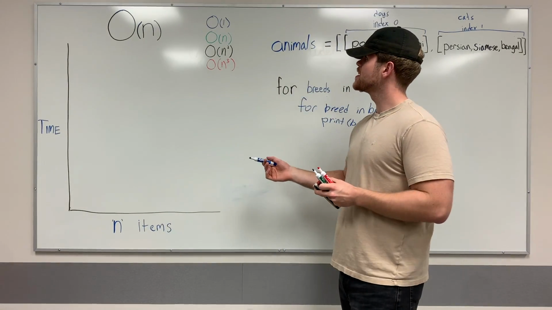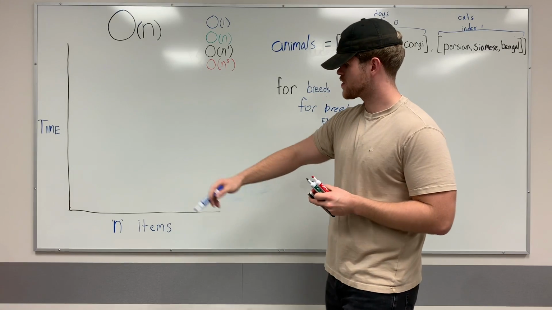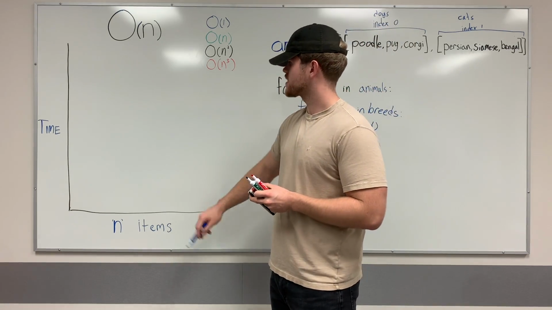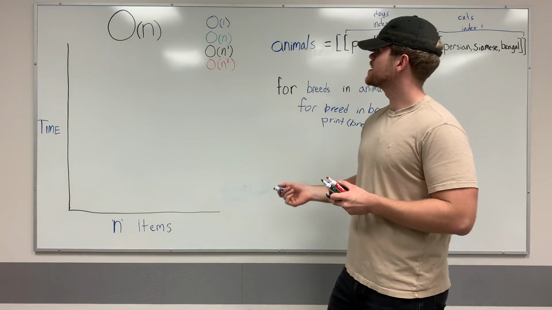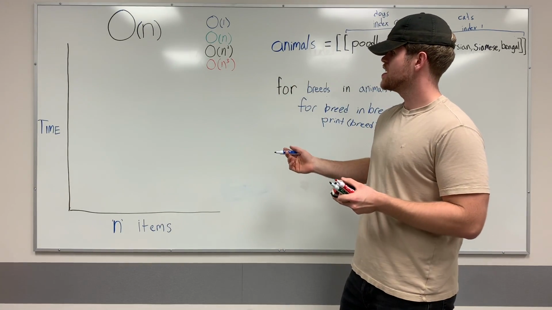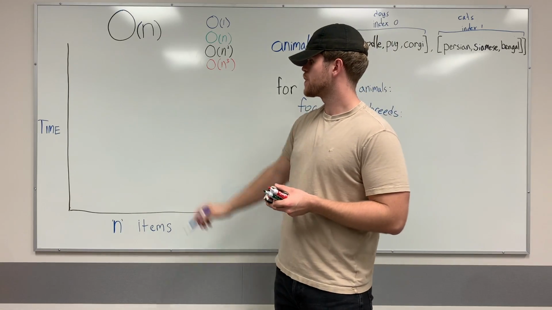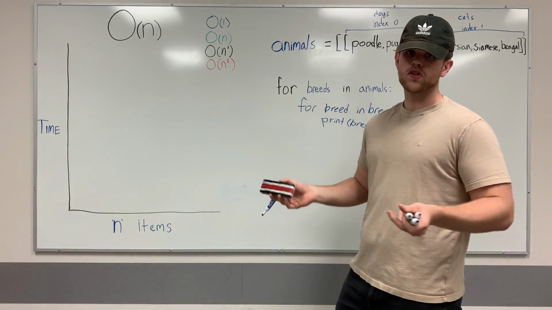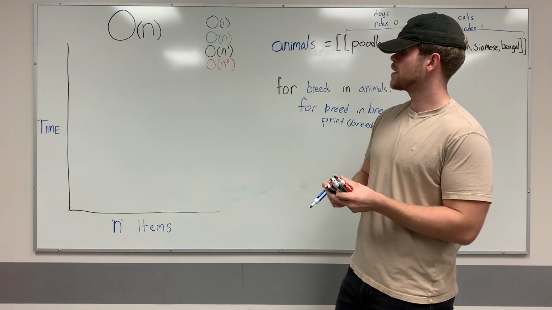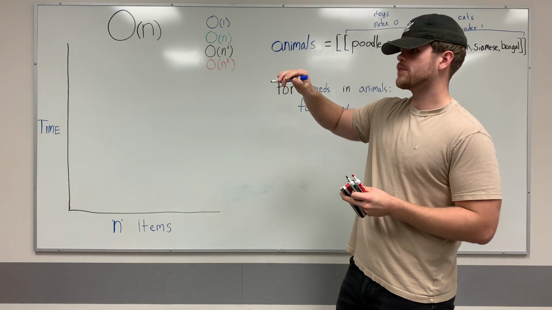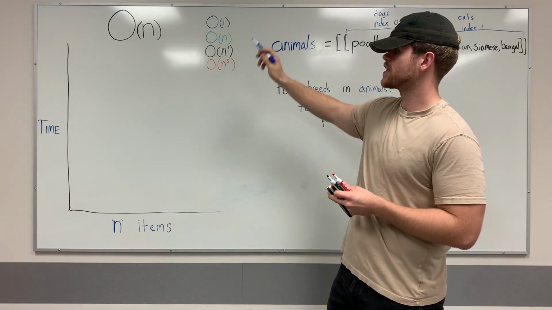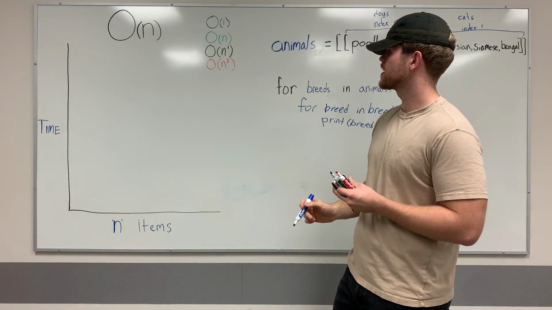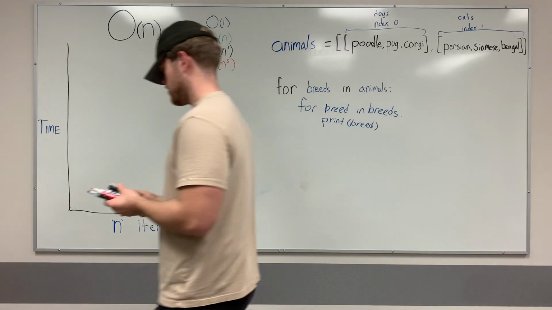It's important because, as you can see over here, we've got n items as our x-axis and time as our y-axis. And for it to be more efficient, you obviously want to reduce the time. And the more loops you have in a program, and the more there's loops within loops, the more it exponentially increases the amount of time your algorithm will take. So, for example,